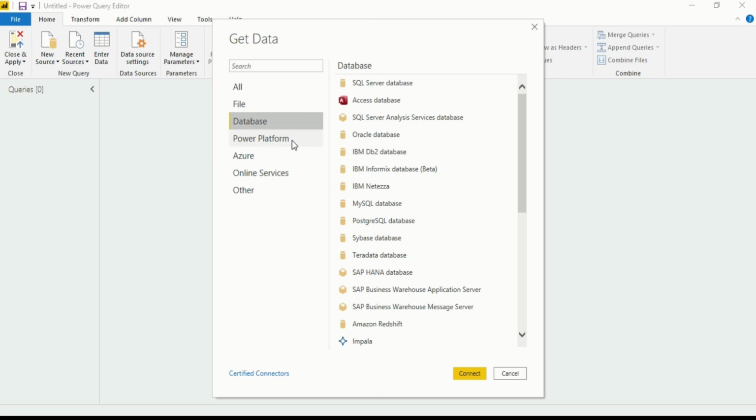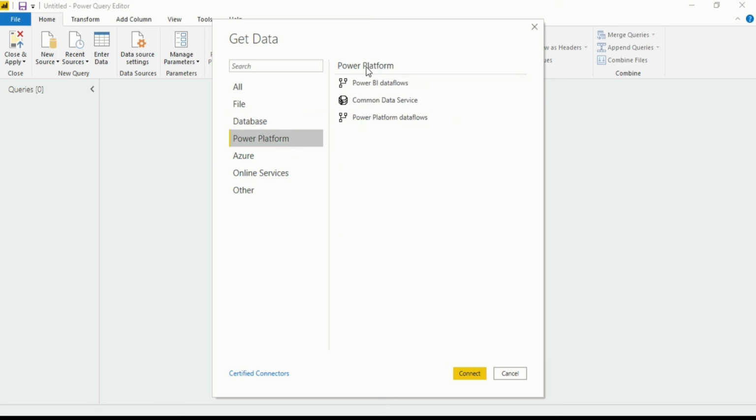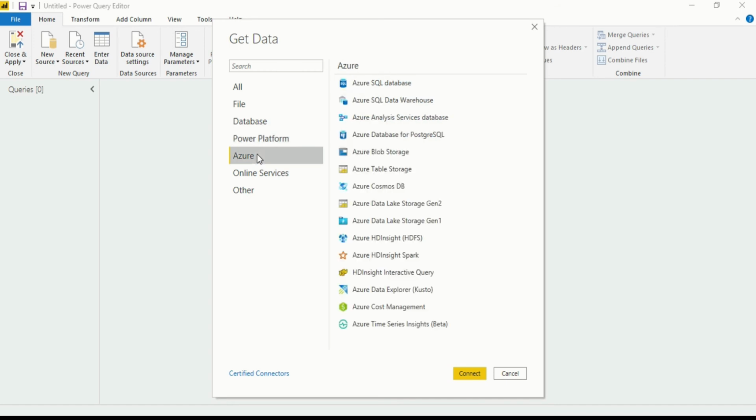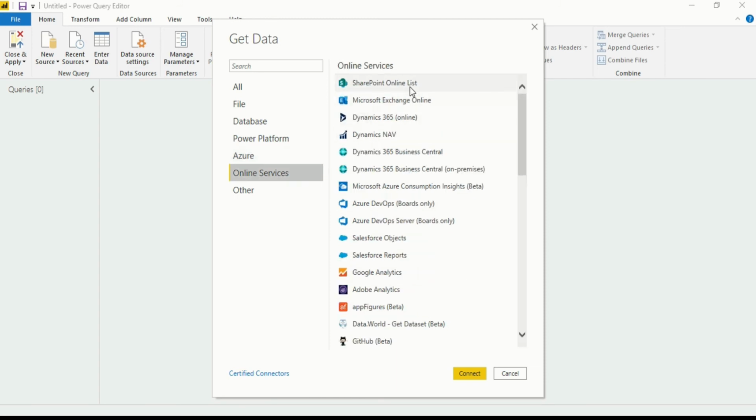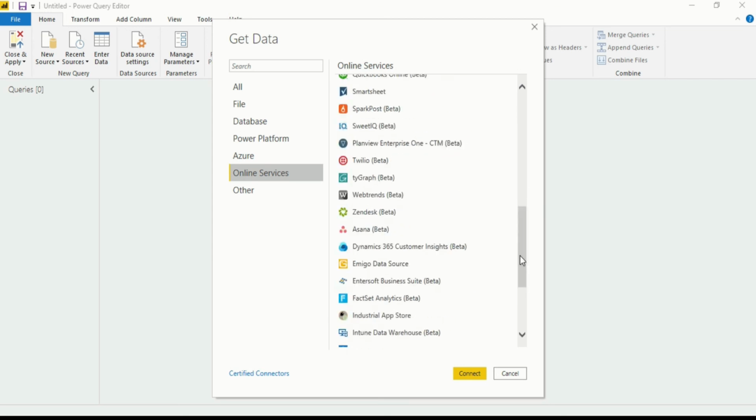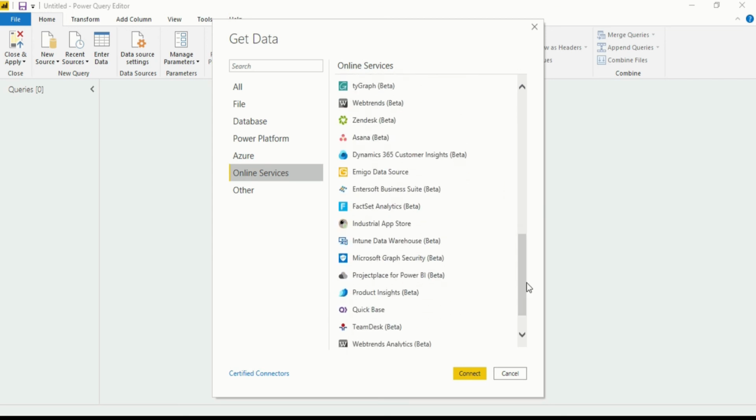In the Power Platform you will see Power BI dataflows, Common Data Service, Power Platform dataflows. In Azure you will see Microsoft Azure SQL Database and various other Azure services. In Online Services you will see SharePoint Online List, Facebook, GitHub, and everything available in online services, where the dataset is created and you can analyze it in Power BI Desktop.